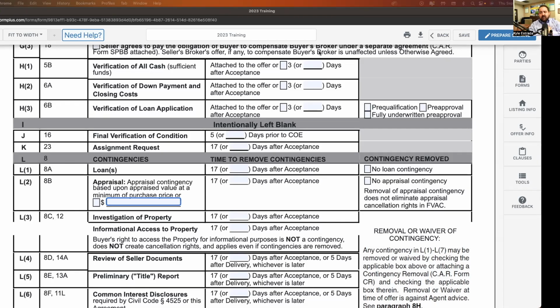If I don't have the ability, if I don't have the extra money, if all of my money is paying my down payment and my closing costs, then I don't have that ability. So guess what? I have to make it the offer price is what my appraisal is based on. So it's going to be case by case. And I would say that you only want to do that lower appraised value if you do have the luxury with a buyer of a lot of extra cash.